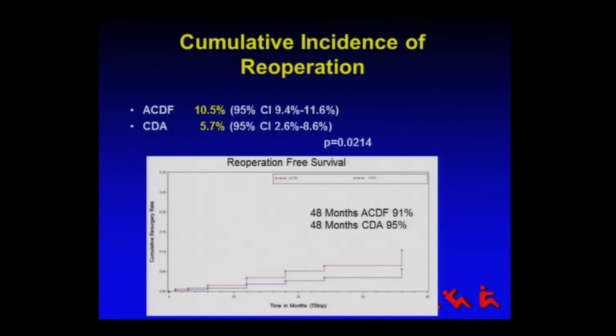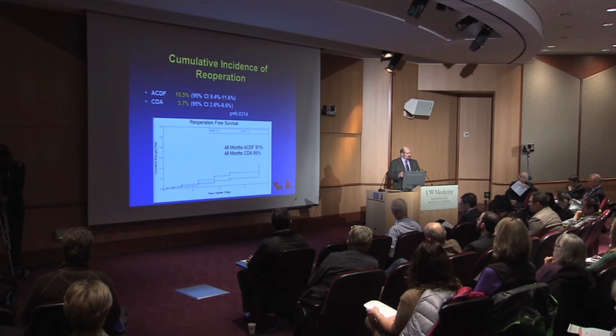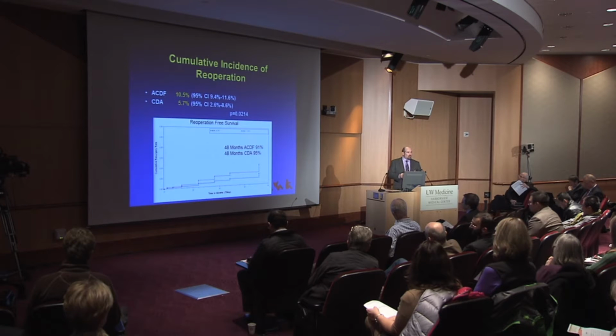Looking at statistics the way insurance companies look at it, you can see the incidence of reoperation was twice as much in the ACDFs as in the cervical disc arthroplasty patients. And this, again, runs in parallel to the findings we examined in our IDE data, where we showed multiple differences in reoperation rates. These were actual reoperations paid for by Blue Cross, and they paid in twice as many patients who had ACDFs.